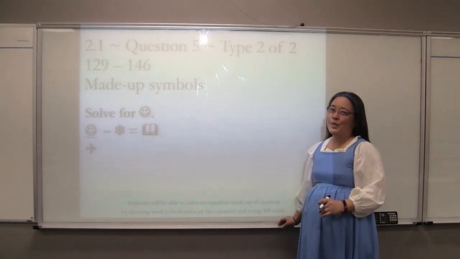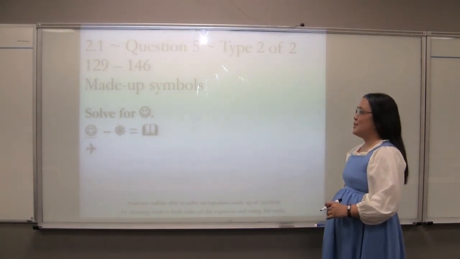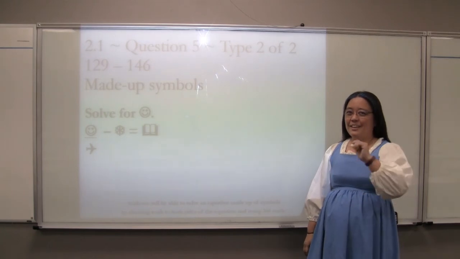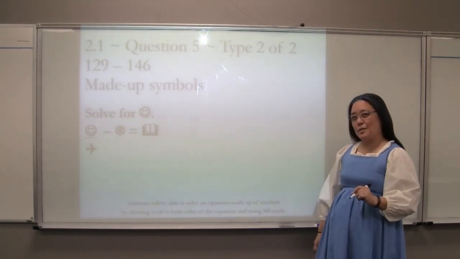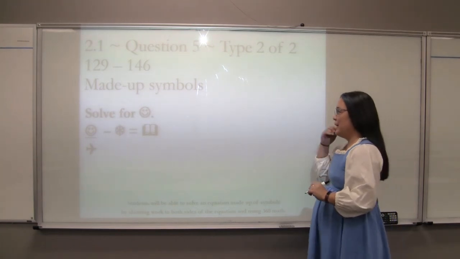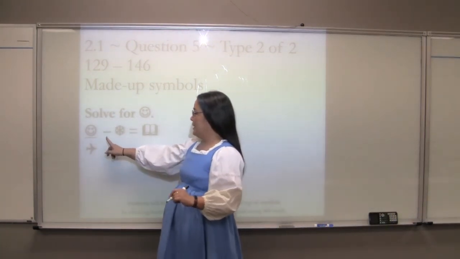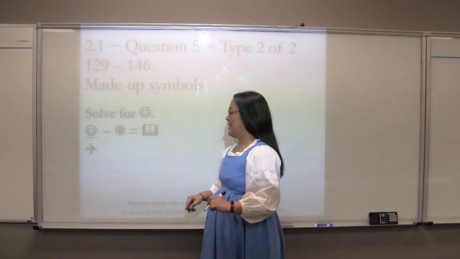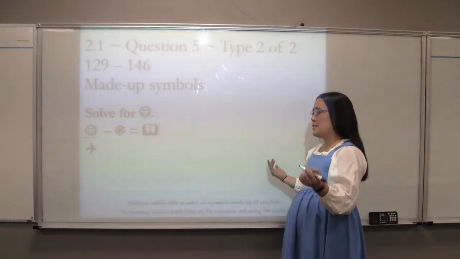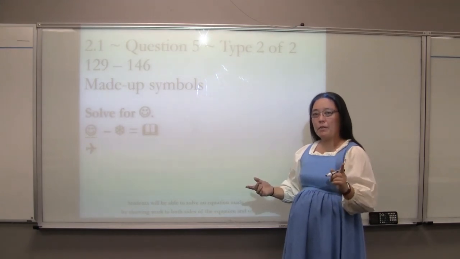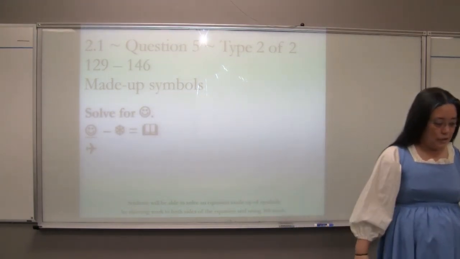Chapter 2, Section 1, Question 5, Type 2 of 2. Even though this is not an art class, you're still going to have to do your best to draw the pictures. So, we have happy face divided by plane minus snowflake equals book. And we're going to solve it for happy face. Now, there's a couple of different ways to solve it, but before we do that, let's try and solve it